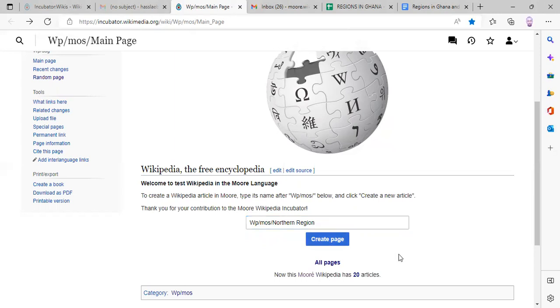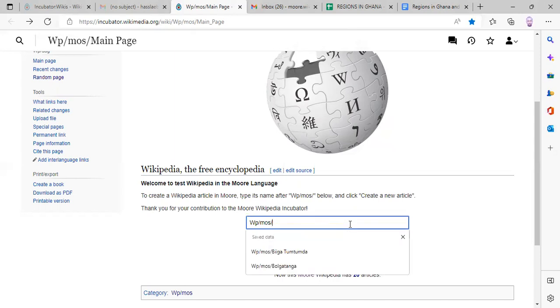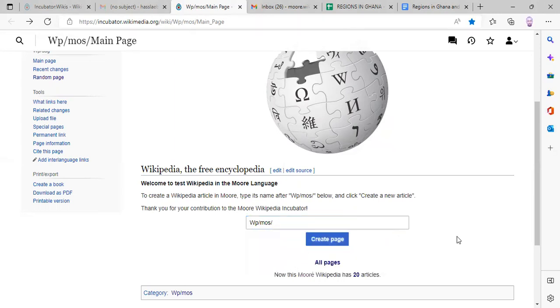The other way is the one which I will encourage. I don't encourage this first method because someone might have created an article, and when you use this method, it will not add to that article. So that means that you have two articles. If someone has written on another region before, and you also come here and click on another region, that means you have two another regions in the Wikipedia, and we don't encourage that. We only encourage one article in our Wikipedia environment.